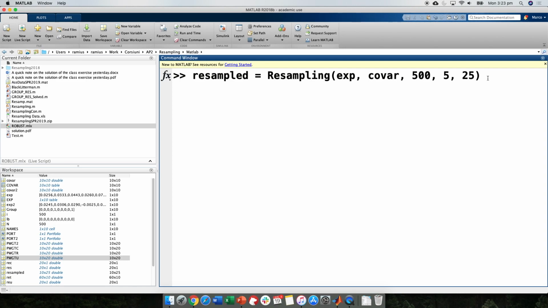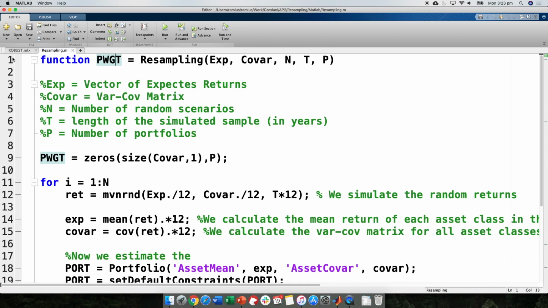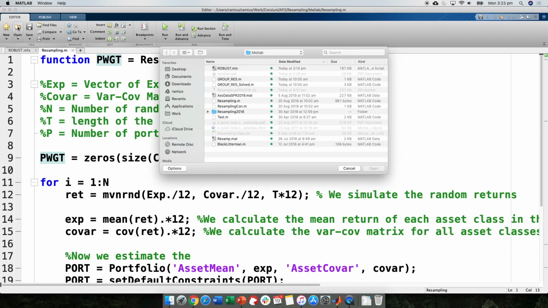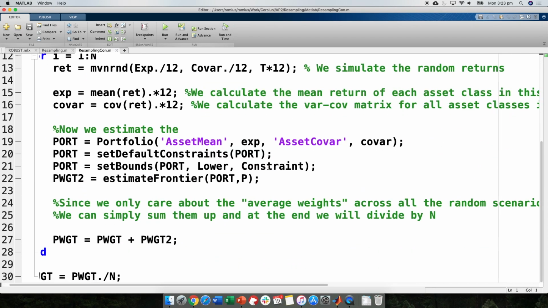There is only one caveat. You will find another function called resampling con. Do you have it in your file? Did I give it to you? Yeah. Okay, so resampling con is a weird function that I had to use